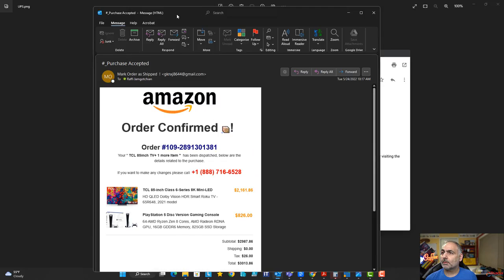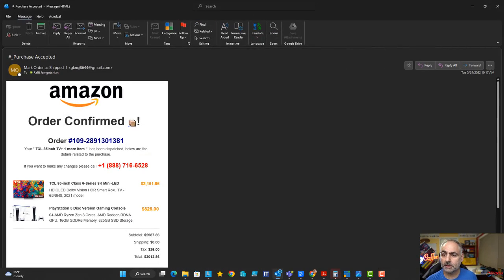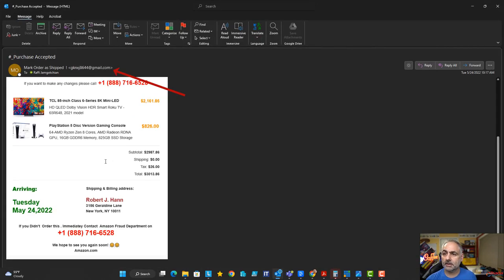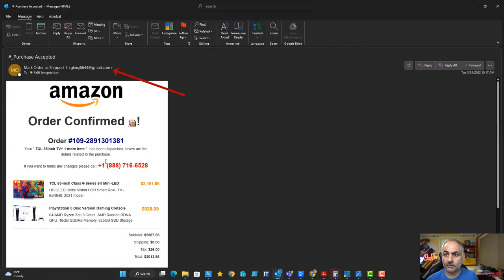So this is a common one that we're seeing now, which there are no links because you can't click on anything in here. It's just a picture, but what it's saying is that you've ordered something and there's some expectation of a payment that's due or that a charge has been made on your account. And what they're expecting you to do is call this number and dispute your charge and give your credit card information. But looking again at the SLAM method, we have the sender, right? The sender is Gmail. This is some random Gmail account. It's not something from Amazon. Amazon's not going to use Gmail to send emails. They're going to come from Amazon themselves. So that's red flag number one.